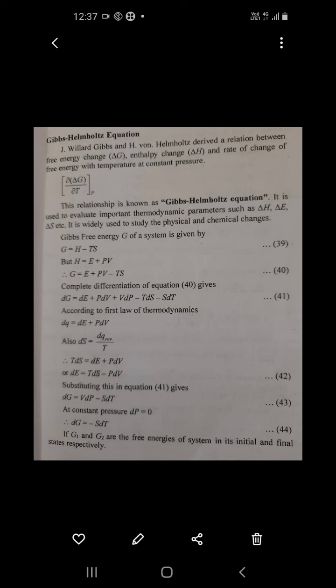In today's video lecture, we will see another important equation, that is Gibbs-Helmholtz equation. So far, we studied two important equations. One is called the Gibbs free energy equation. What is that equation? G is equal to H minus TS. What is G there? G is the Gibbs free energy